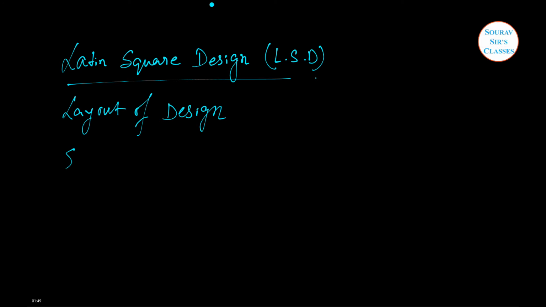Now the third one, standard Latin square. A Latin square in which the treatments, say A, B, C, etc., occur in the first row and the first column in alphabetical order is called a standard Latin square or a Latin square in canonical form. For 2 x 2 or 3 x 3 Latin squares, only one standard square exists, like